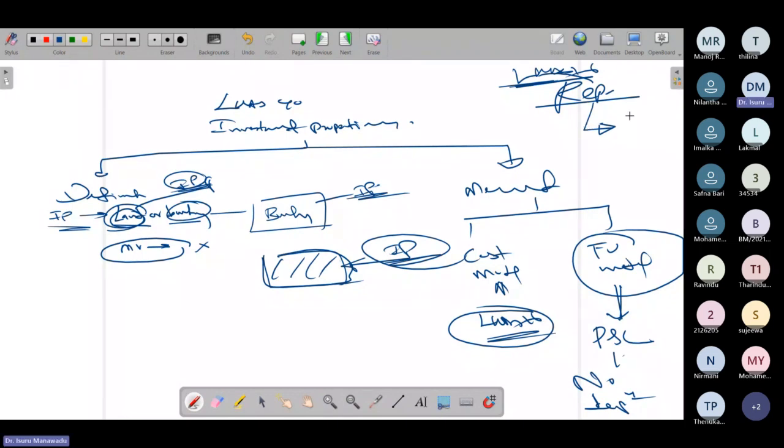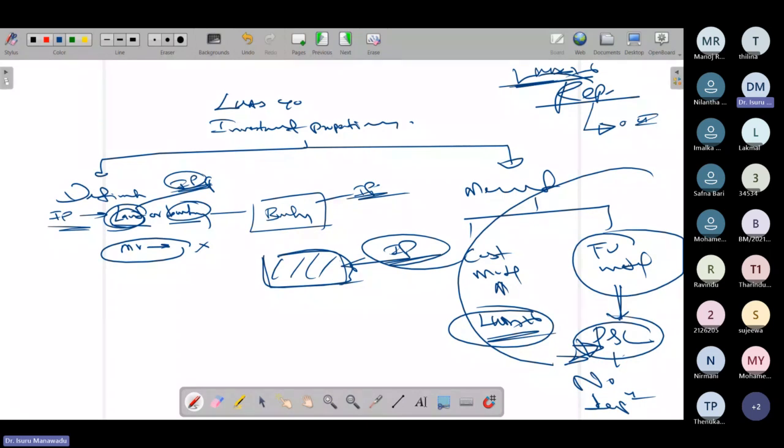And the accounting treatment is also different. In the revaluation model, the very first time we revalue, when there is a gain, that should be charged to OCI, other comprehensive income. But here, fair value changes should be charged to P&L. So there is a difference between the fair value model and the revaluation model. Please keep those differences in mind.